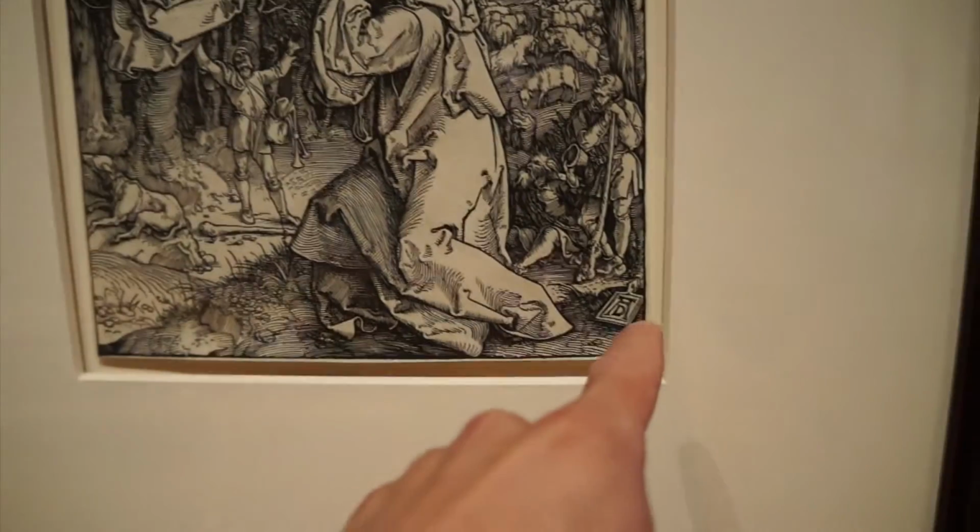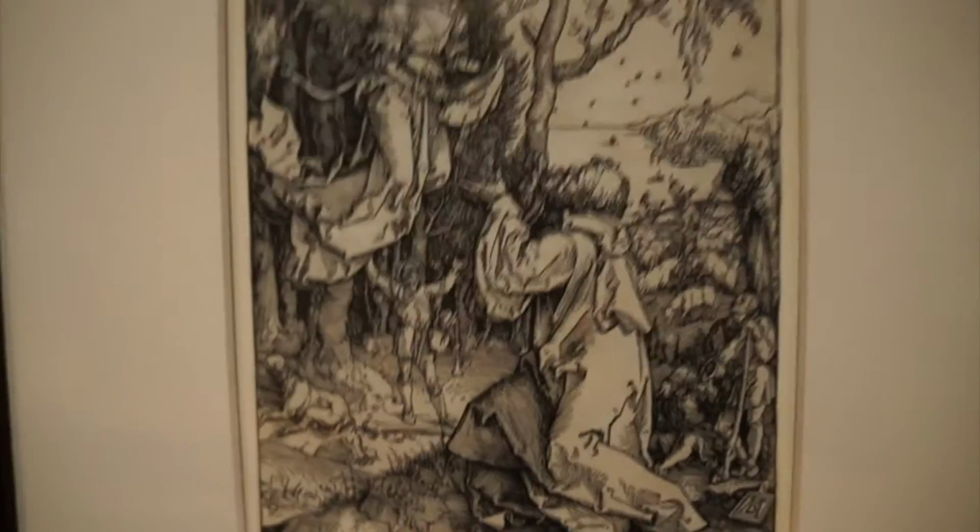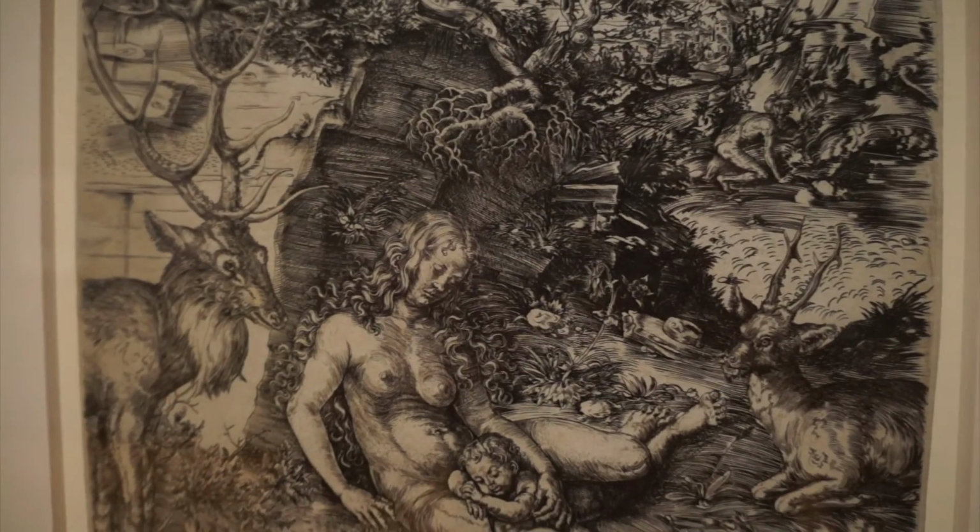One thing I always like about Durer is he always puts his signature hidden somewhere in the piece. Big room, we got